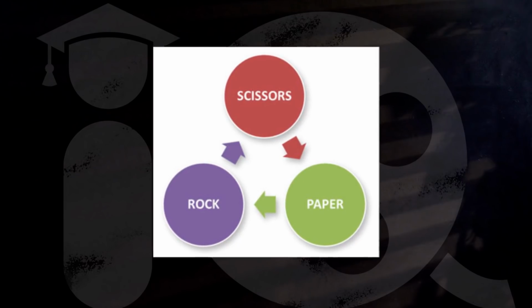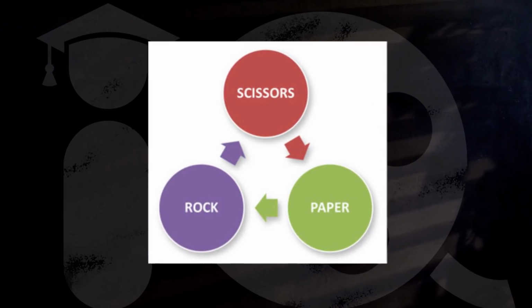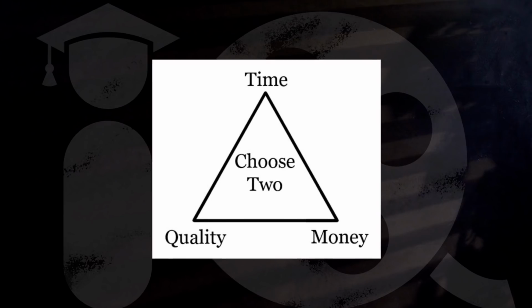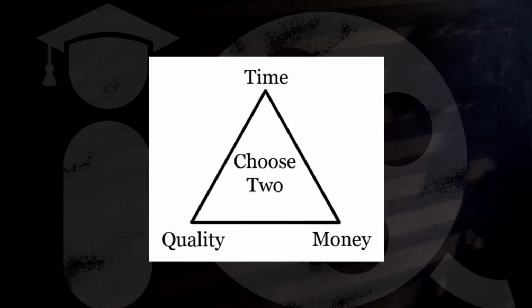But why is it a triangle shape at all? How does the triangle shape help us understand what's going on here? I mean, there are other famous triangle concepts out there where the visualization makes sense. Rock, paper, scissors shows the relationship between the 3 different choices you can make. The production triangle, money, time, and quality, is something we'll get into in another video.